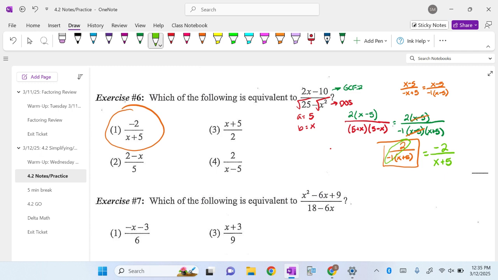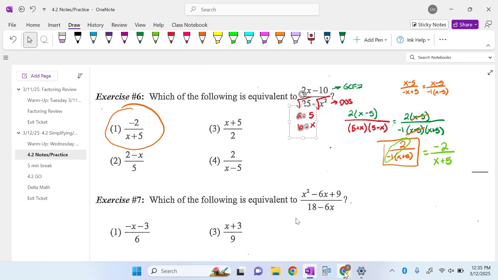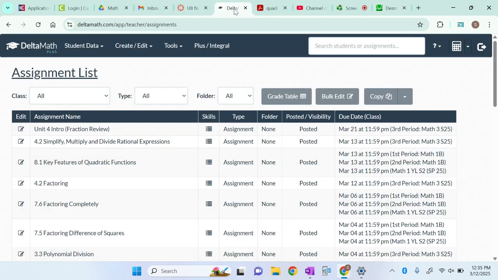All right, so we're going to stop there for today. We'll do multiplying and dividing tomorrow. So hold on to that yellow graphic organizer because you'll be using that for notes tomorrow. So, couple of things. There is a Delta Math that covers this, but you're not going to be able to do all of it just yet. You'll just be able to do the simplifying. So you can work on that if you'd like. Another thing is that